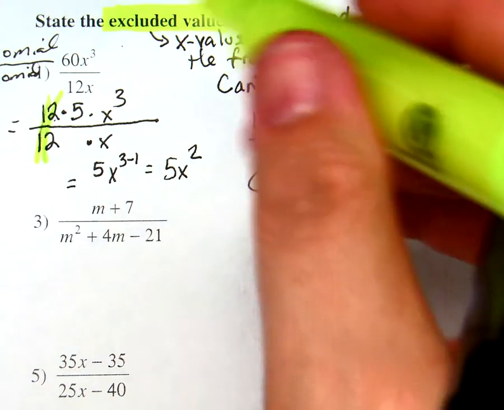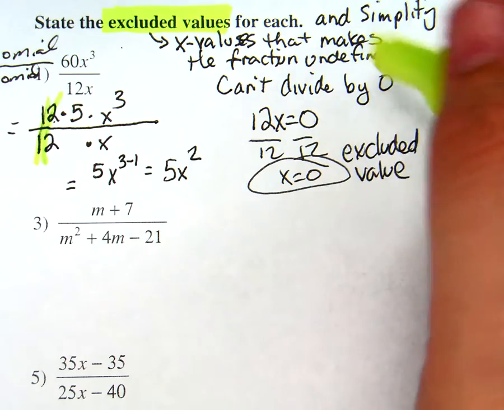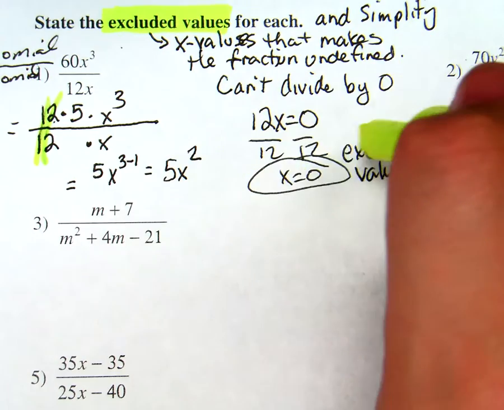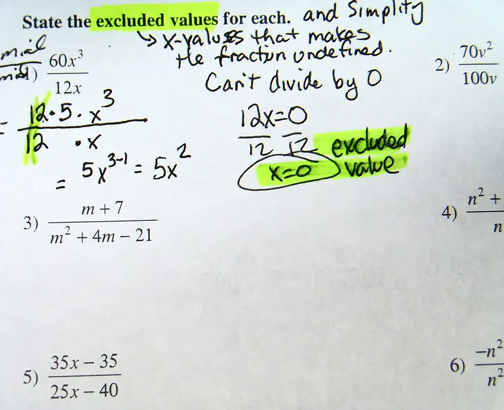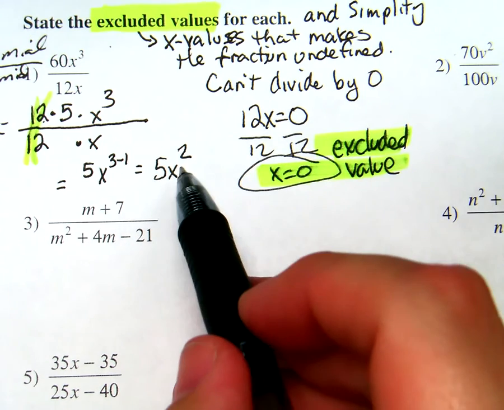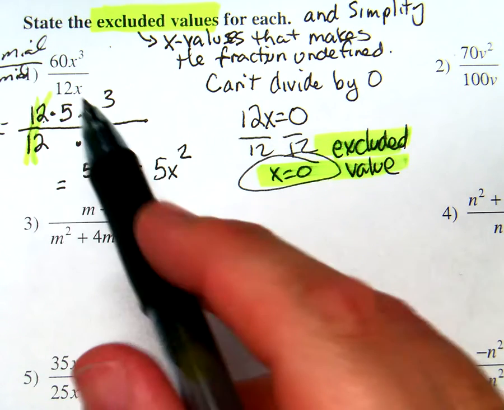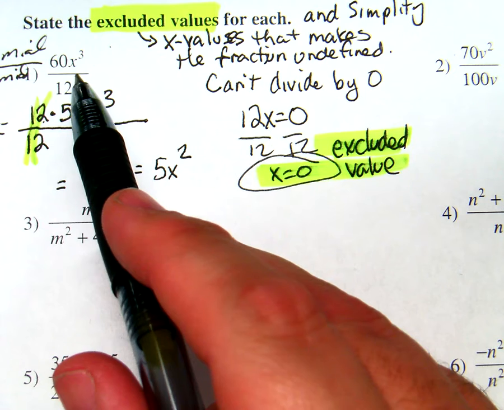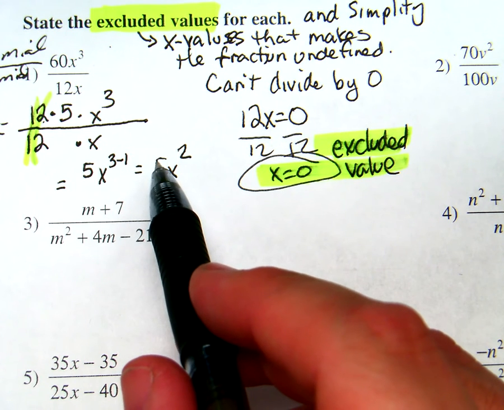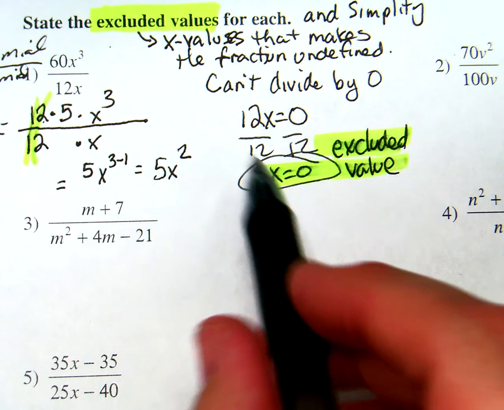So I'm adding something to the instructions here where you actually have to simplify but also find the excluded value. So we got our excluded value, x equals 0, because that doesn't work now. But we're also able to factor down to 5x squared. Because if this was our original function, we could graph 5x squared,